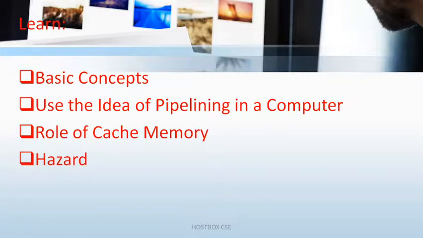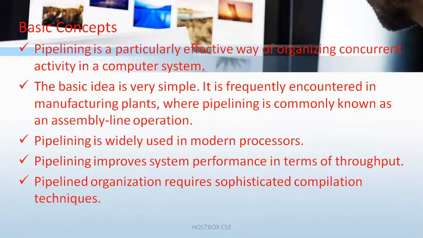What means parallelism? If you want to remember it easily, pipelining means we are going to execute the program, in the form of instructions, in parallel or simultaneously. Why do we need pipelining? To improve the performance of the computer, I can say the throughput of the CPU, and to reduce timing also. So remember, pipelining is nothing but an effective way of organizing concurrent activity in a computer system.